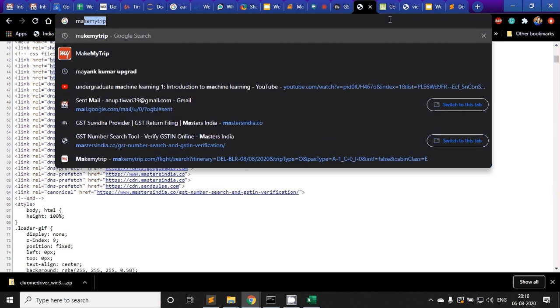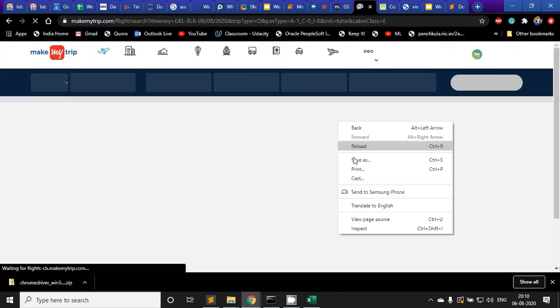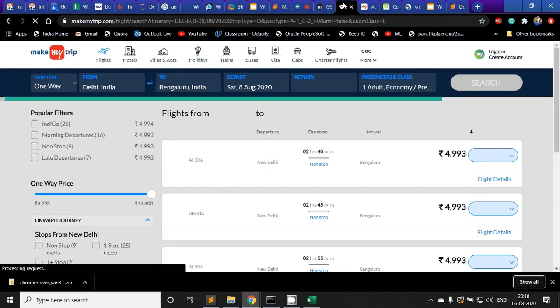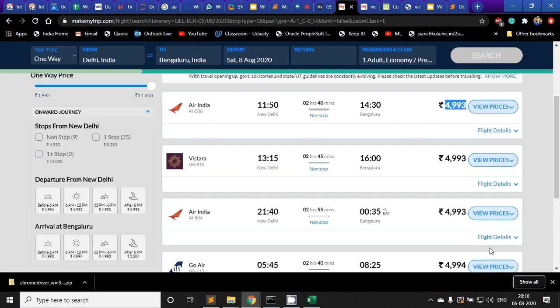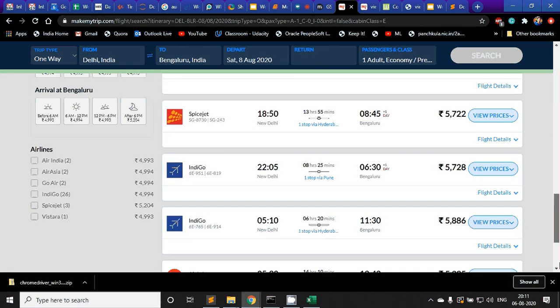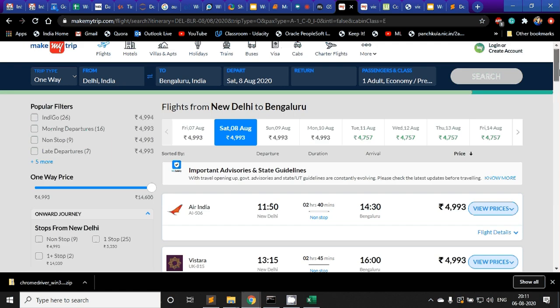Let's confirm this one, 4993. 4993 is visible here, so let's get some other data which is not easily visible. Let's say 6740. We can see that 6740 was not found, even though I did view page source. But if I search for 143824, I could see that it was there.